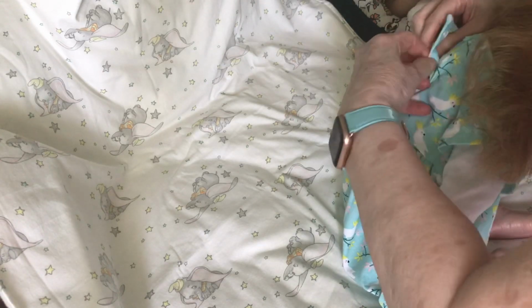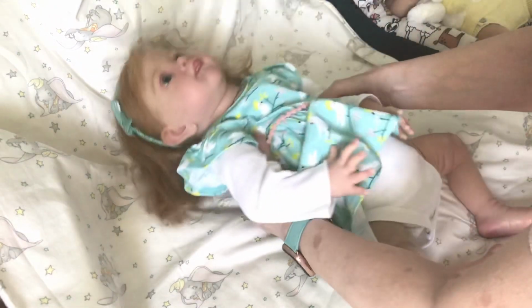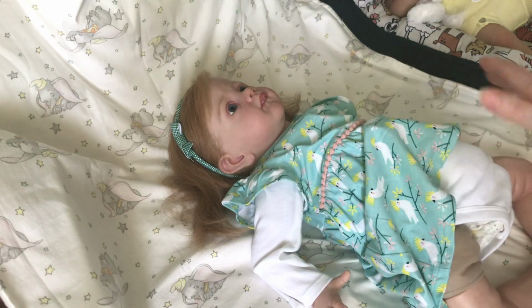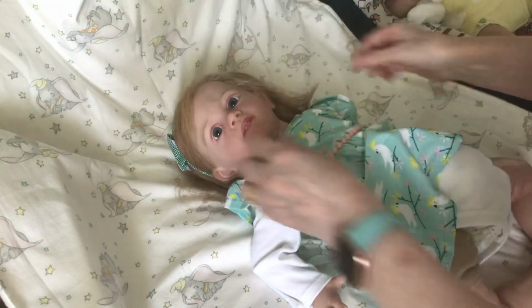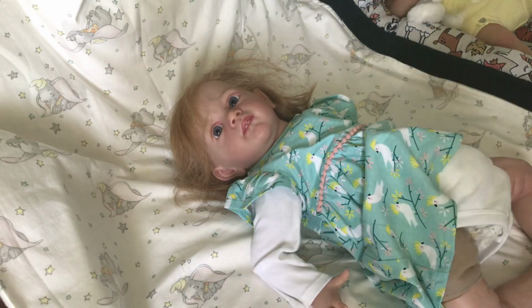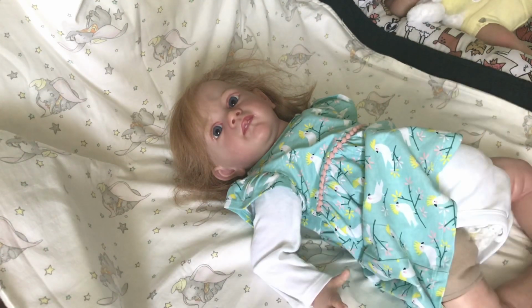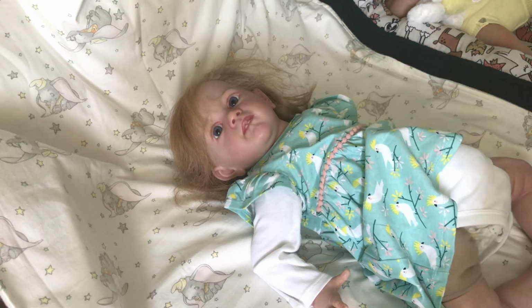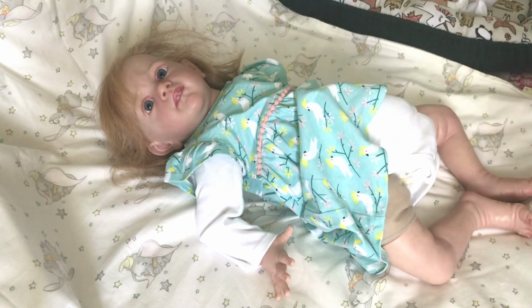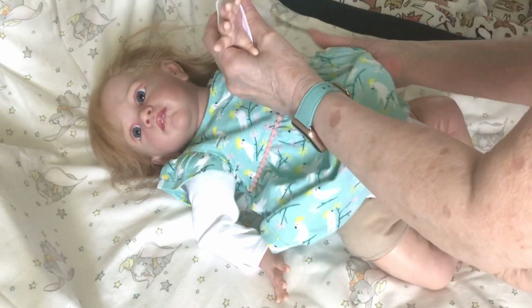Yeah, this morning I had to get up early for me. I had to be up by 8:30, which is very early for me. Let's just take that off, darling. There we go. Let's put it on the elephant. I had to be up at 8:30. Oh, you see we've got our Dumbo blanket, and that's for Theme Thursday because, of course, Dumbo flies up in the air. Yeah, I had to be up by 8:30 this morning